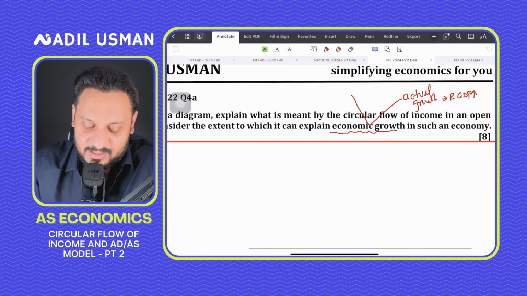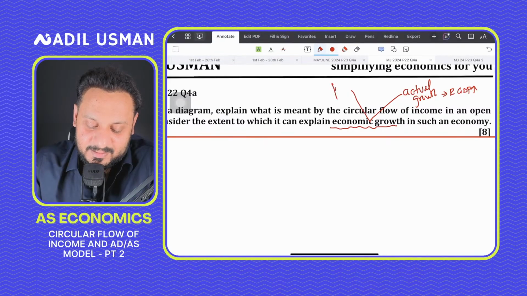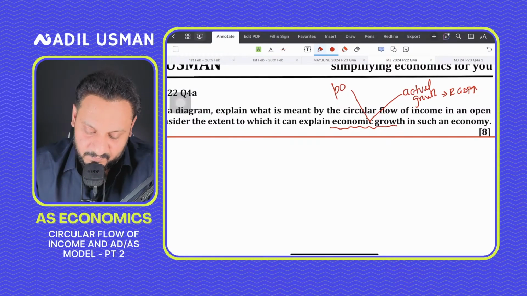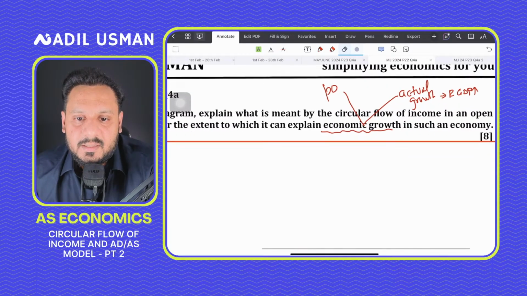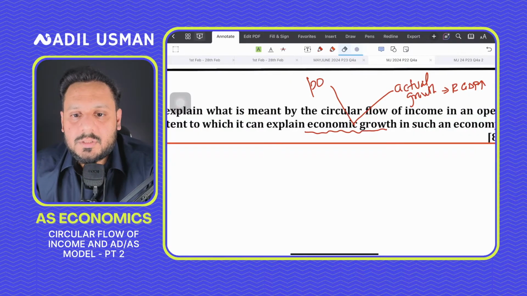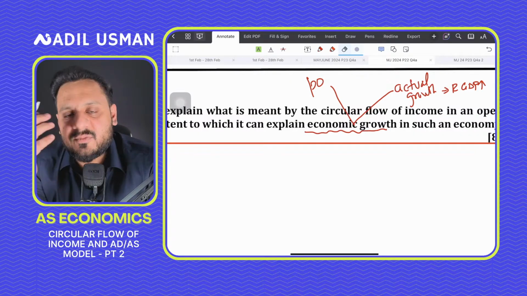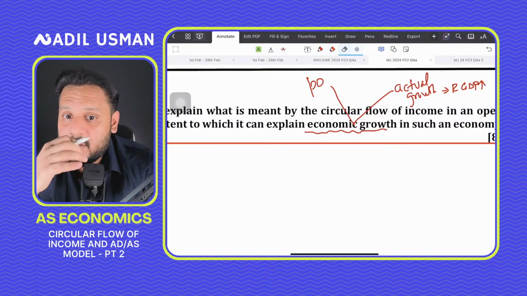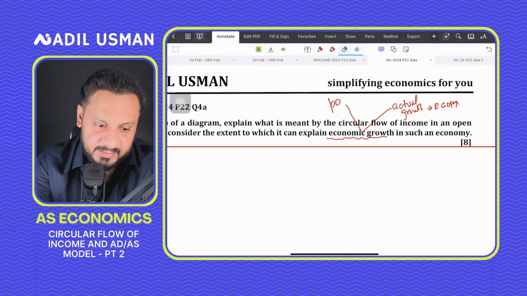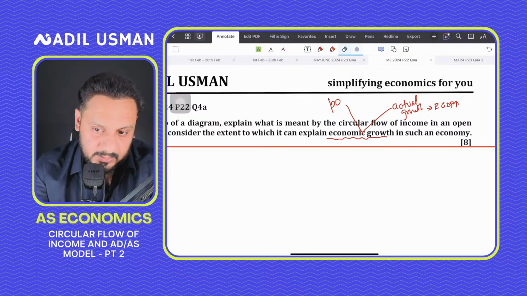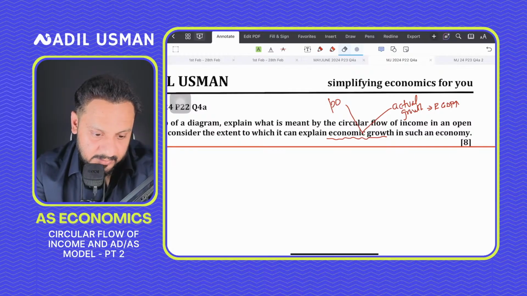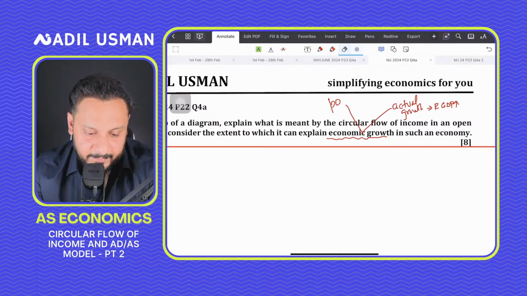तो आपने बताना है, देखें, आप question को समझें, इसलिए importance of past papers करना बहुत ज़रूरी है। अगर आप ये relative size of injections की बात नहीं करनी है, consider the extent to which it can explain economic growth, तो consider the extent to which it can explain economic growth। सवाल को समझें, right? Consider the extent to which it can explain economic growth. मैंने आपको hint भी दी है कि दो तरह की growth होती है, एक होती है actual growth, एक होती है potential growth. ठीक है, तो बात सारी ये है कि